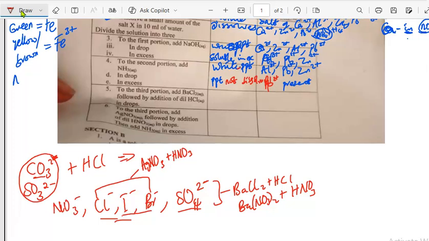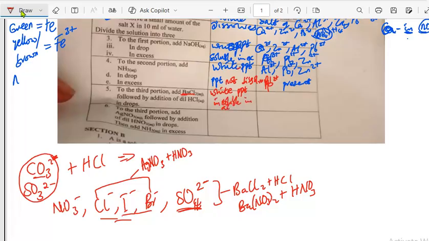If you take a look at our question 5, they said to the third portion of your solution, add barium chloride. So they are looking for sulfate ion. So you either confirm the presence, or you confirm the absence. So if they said add to the third portion of your solution barium chloride followed by addition of hydrochloric acid in drops, if the solution contains sulfate ion, what you will see is a white precipitate, which is insoluble